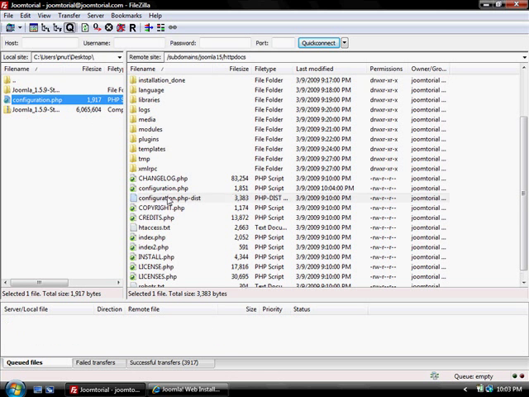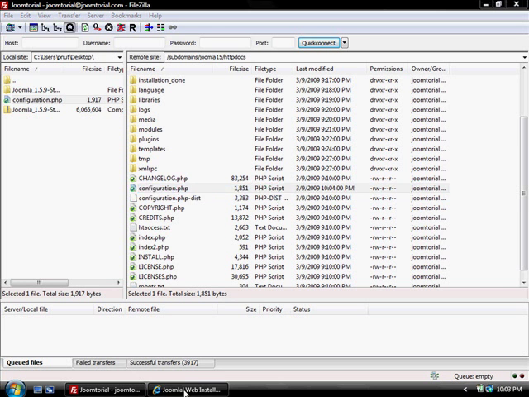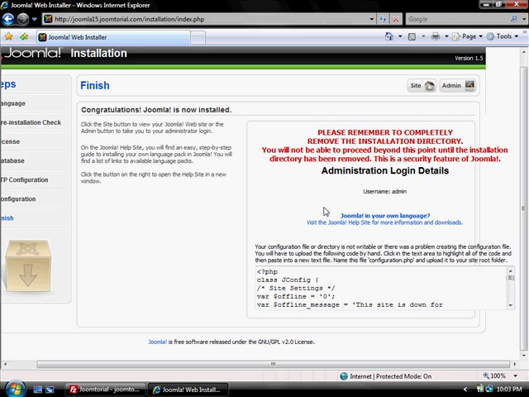And as you can see, we first only had php-dist and now we have the configuration file. So we did both things that were mentioned here. We removed or renamed the installation directory and we have uploaded the configuration.php. So we can now choose to go to the site or to the admin part, and I will choose to go to the site. So I click on that